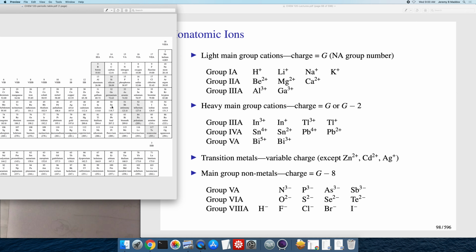In the next group over, tin forms a 4 plus cation, but also a 2 plus cation. Lead forms a 4 plus cation and a 2 plus cation. Bismuth forms a 5 plus cation and a 3 plus cation. You might notice that there's a pattern here. So if we look at the North American